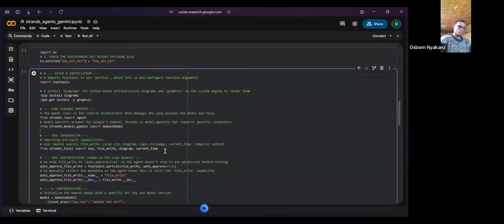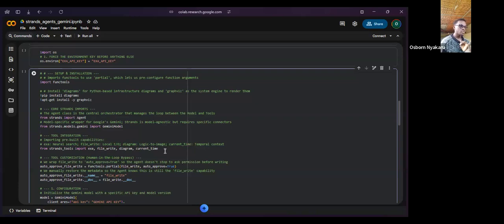For this particular one, I need four specific tools from Strands tools. I have Exa, which allows the agent to search through the internet and find information about Strands Agents from the website or wherever it may need to search.